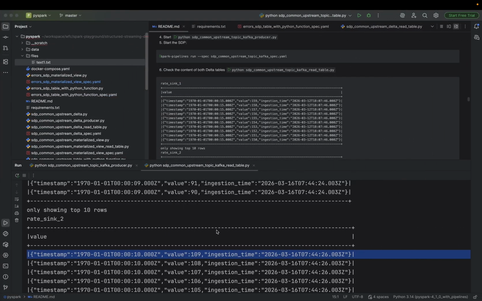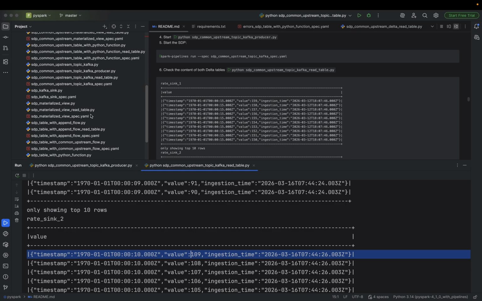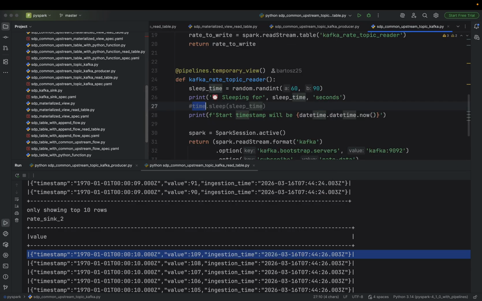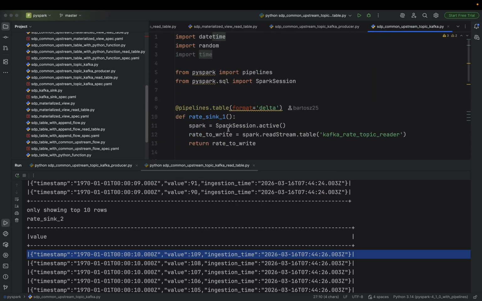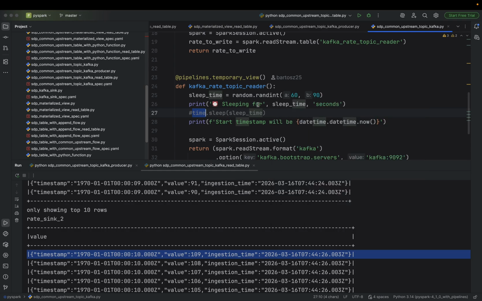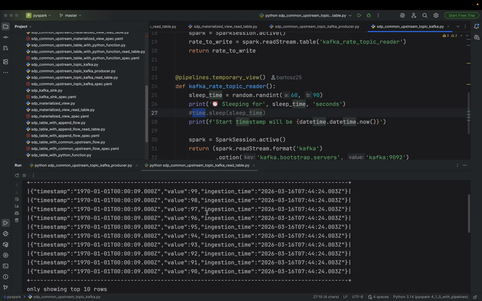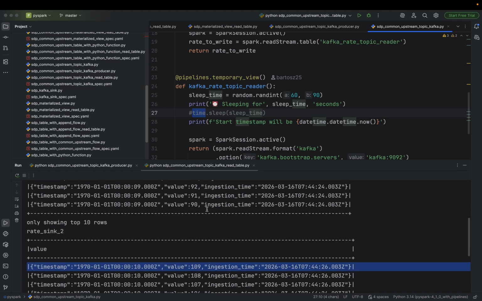And for the exact same reason, this Spark Declarative Pipeline, where I define a common temporary input view, produces 2 different results here. So typically for the first table I took 10 records less than for the second one,